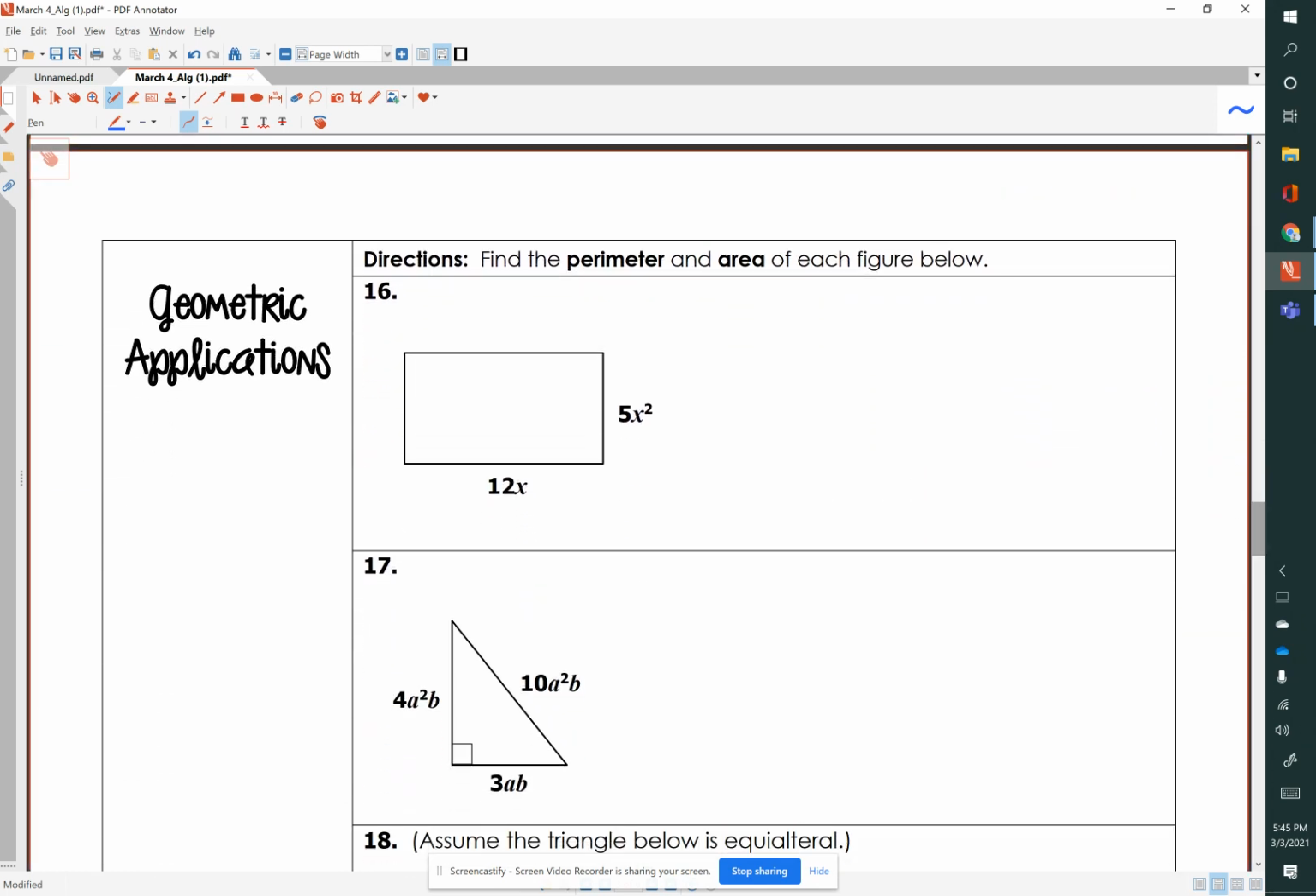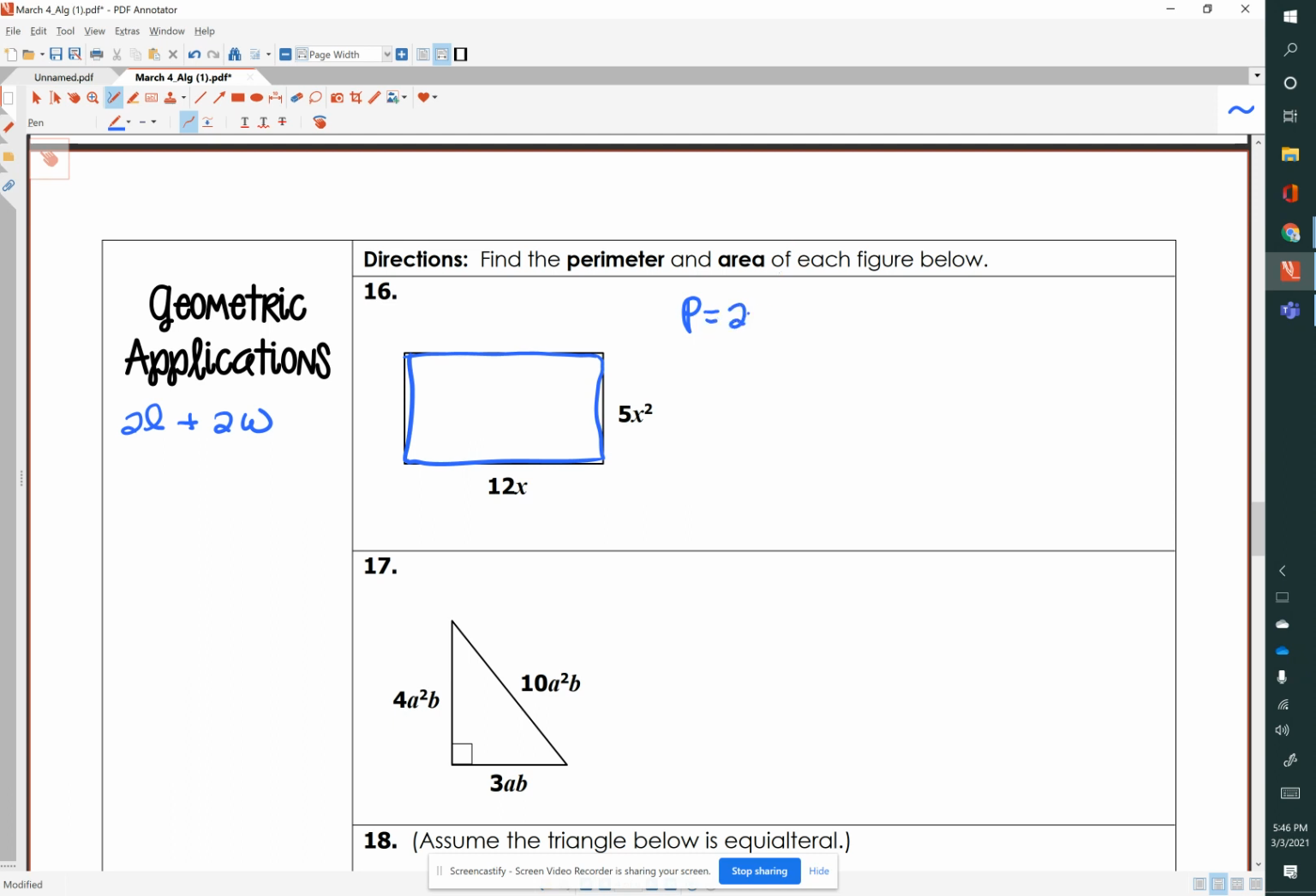So now we have some geometric applications, and knowing how to work with these monomials and these powers is really helpful for that. Now remember, the perimeter of a rectangle is 2 times the length plus 2 times the width. That's important because we have 4 sides to this rectangle. So we have the long side, the length is 12x, the width is 5x squared. So the perimeter equals, use P for